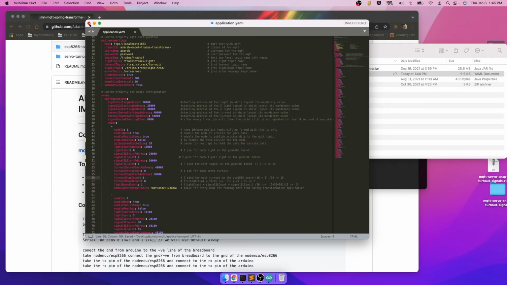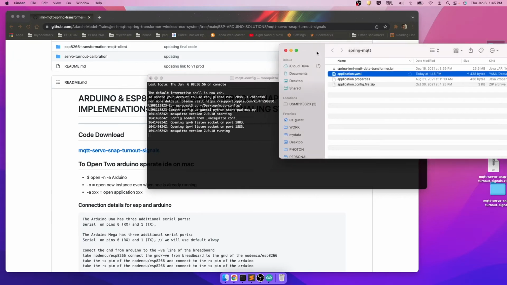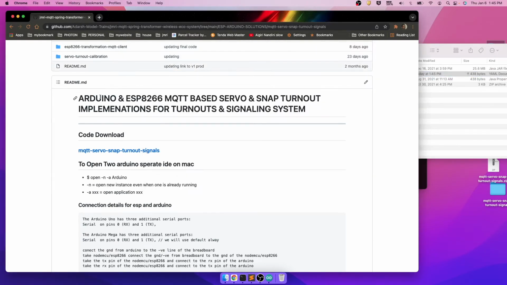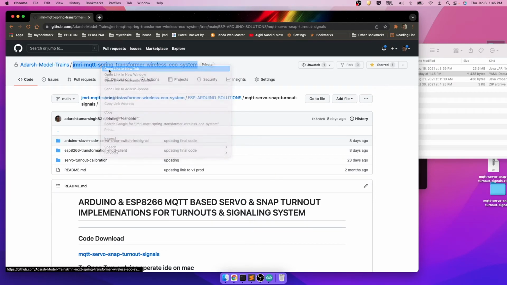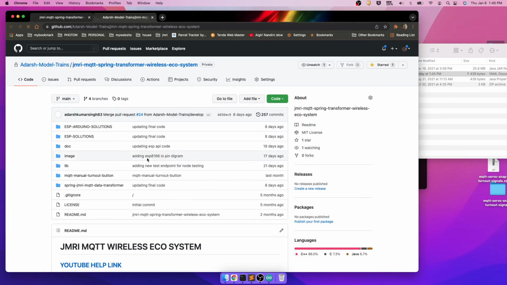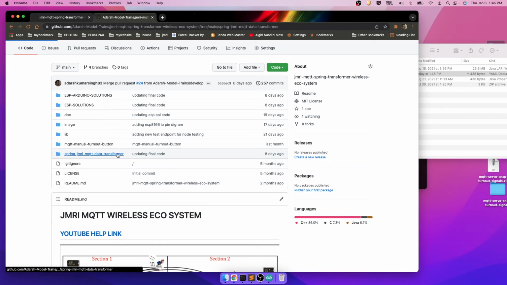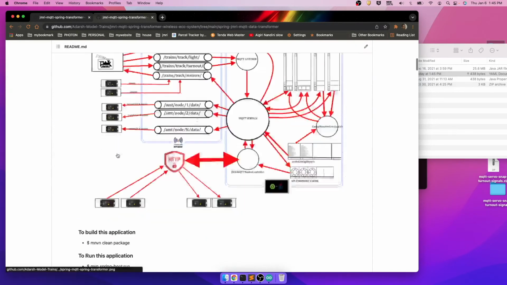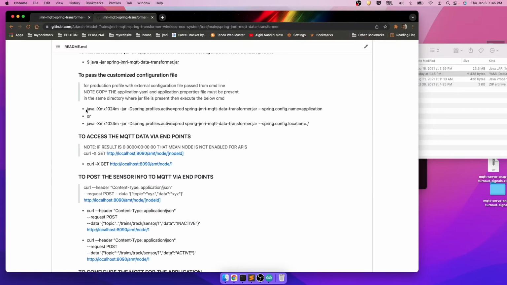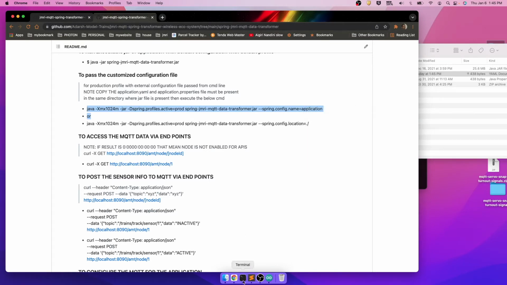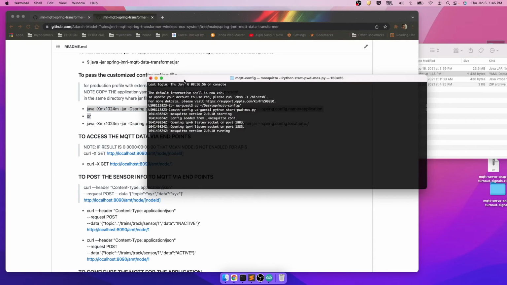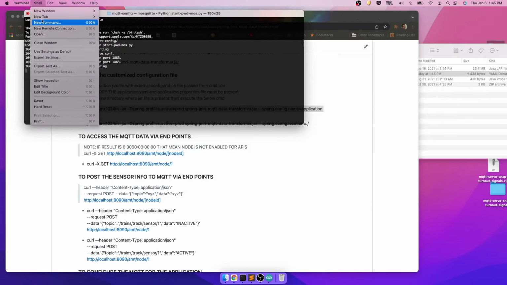Let's save this and go to our project, go to Spring JMRI MQTT data transformer. On the home page here we can see the commands. Let's copy the command and I'll just open one more tab.